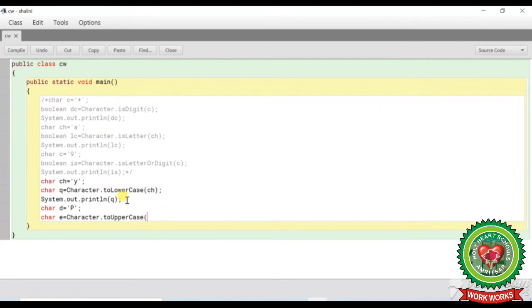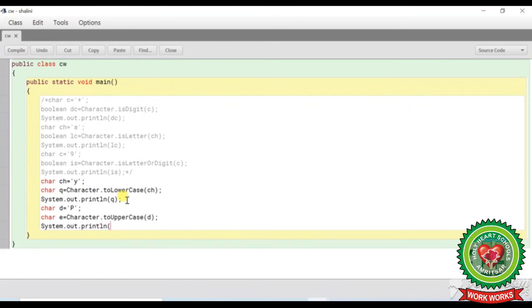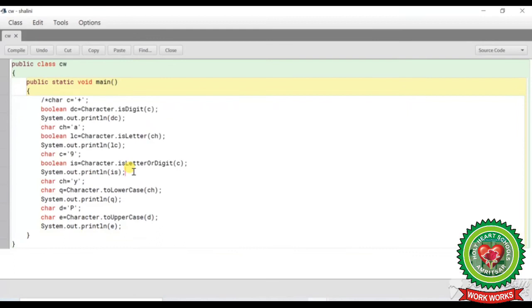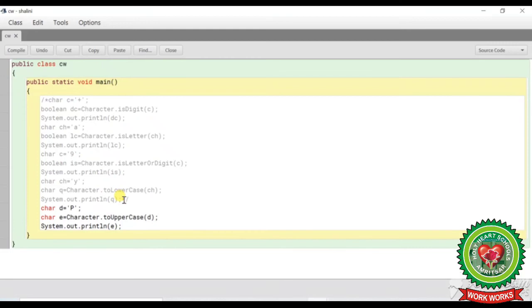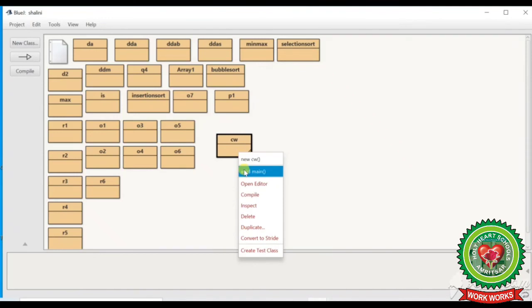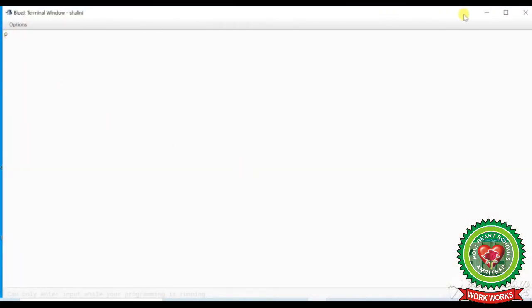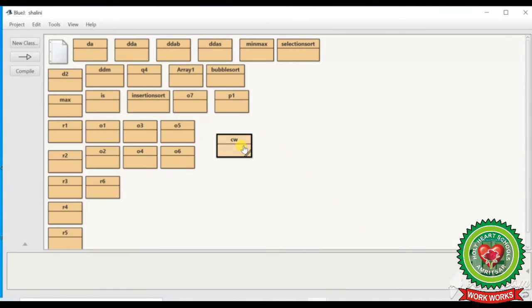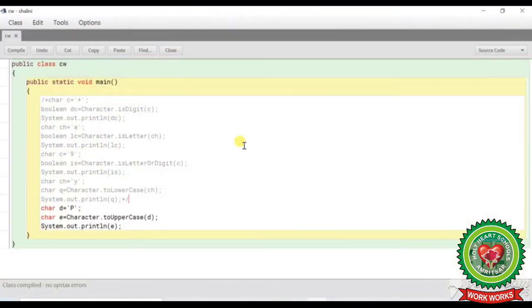Now as it is already in uppercase, our output will remain the same. System.out.println, then in bracket I will write e and close the bracket. Here I am going to make it a comment because we have already seen its output over here. Now Ctrl K, class compiled, no error. Right click, void main, the answer is capital P. So we have done the program of toUpperCase.